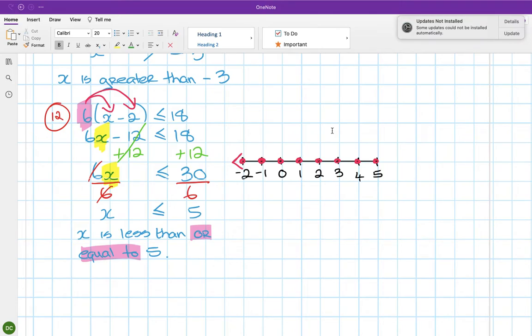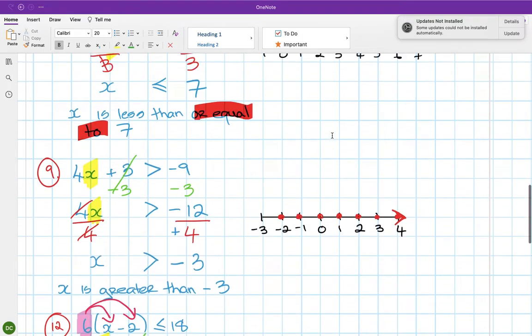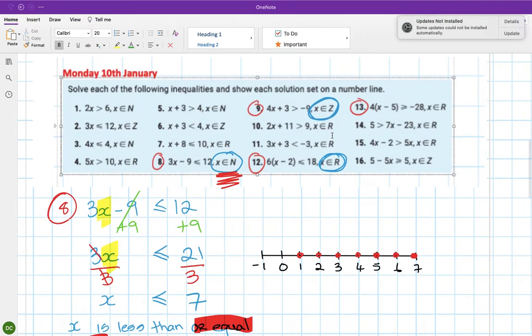So because it's real, it is not just whole numbers. So you will shade in the line. Okay, and then the last one, which is 13. So 13 is 4 times x minus 5 minus 28, and then